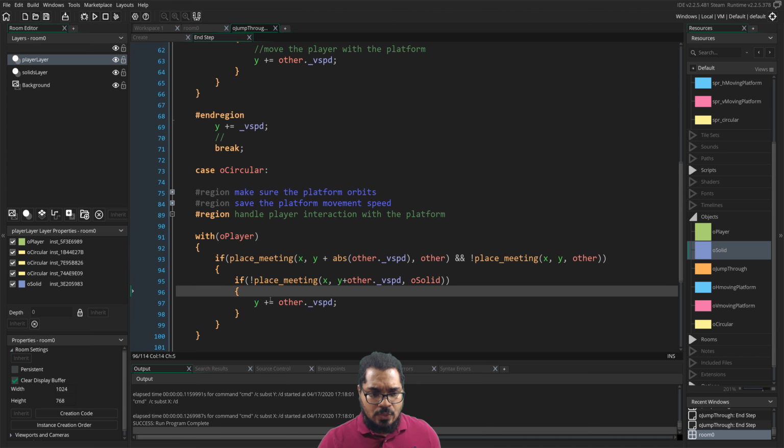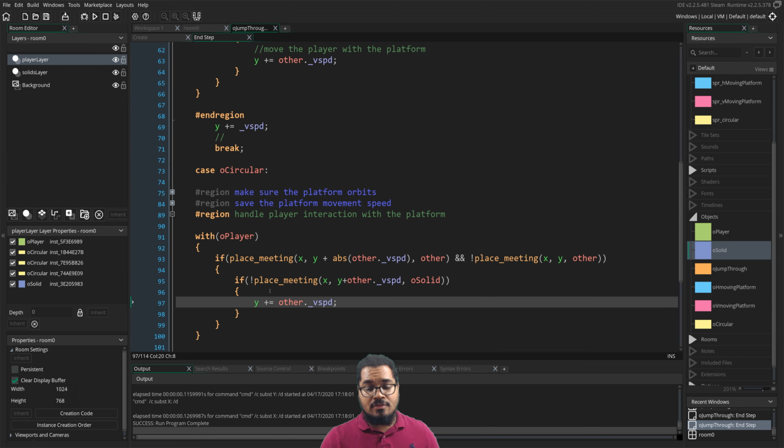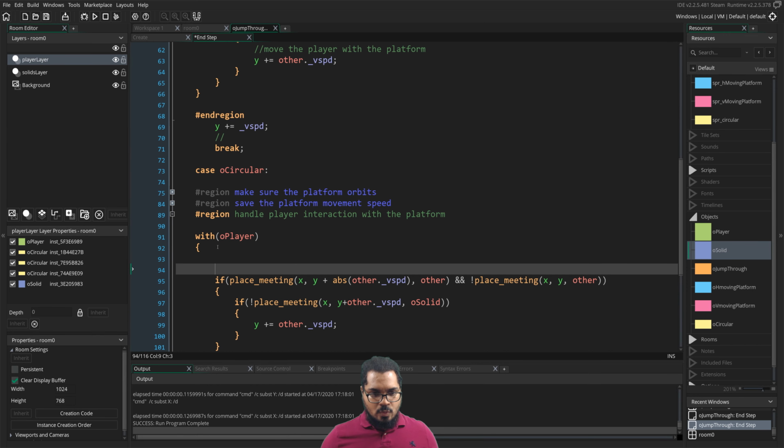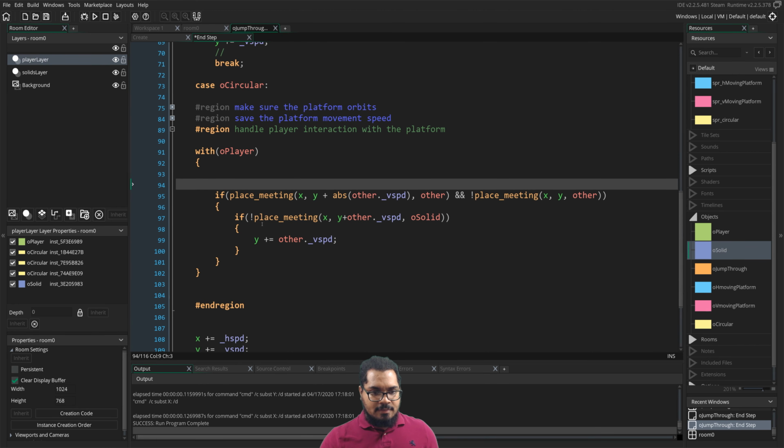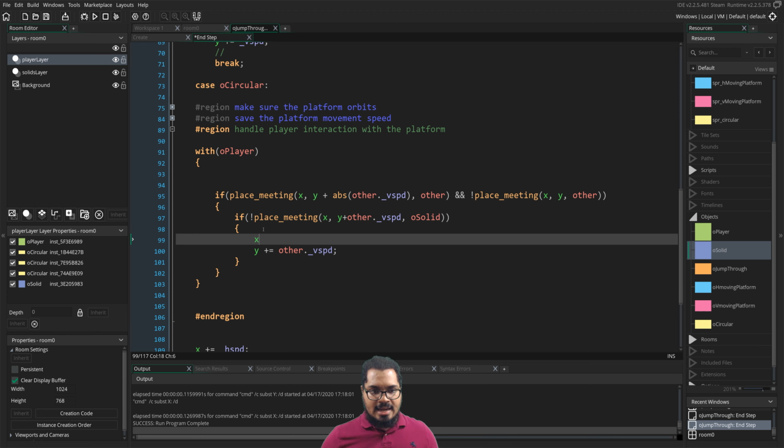So remember what I told you? This is preventing the player from being pushed right through the walls. It's awesome. Now that's gonna be awesome. So we can add what we actually got rid of right here,